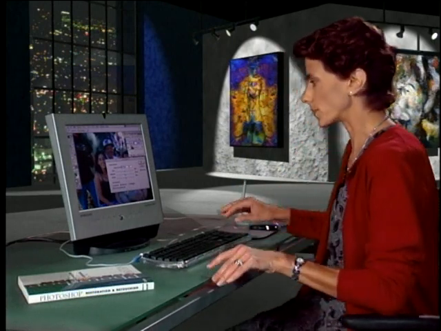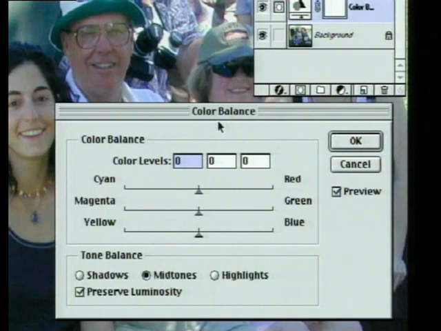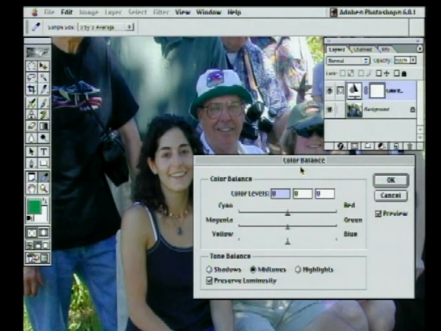Yes, you'll have some color cast problems in the shadows, but it's very difficult to see. So concentrate on highlights, midtones, and your shadows usually get cleaned up. It's sort of like they go along for the ride for free. Now, because I know that these people look slightly pale and slightly green because of that tree, I'm going to